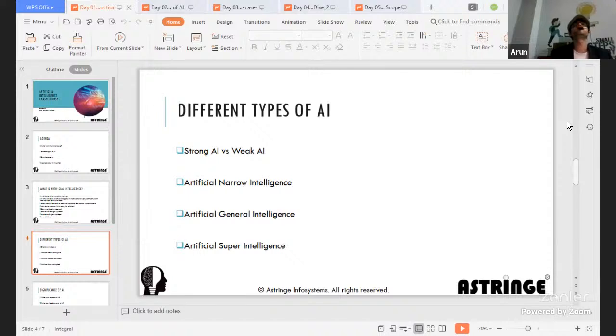So what it does is that it actually trains itself. I mean, the model has been fed so much data, it tries to learn on its own with a lot of data which is being fed, and then comes up with the optimum model, right? That is artificial general intelligence.